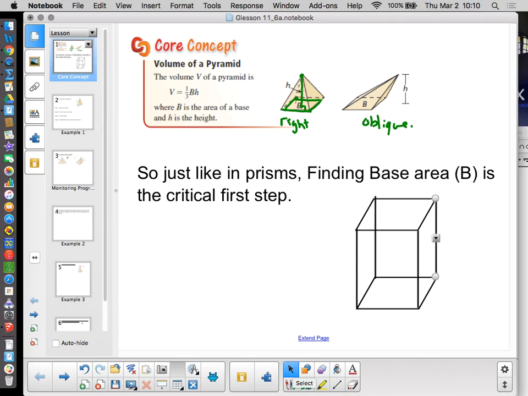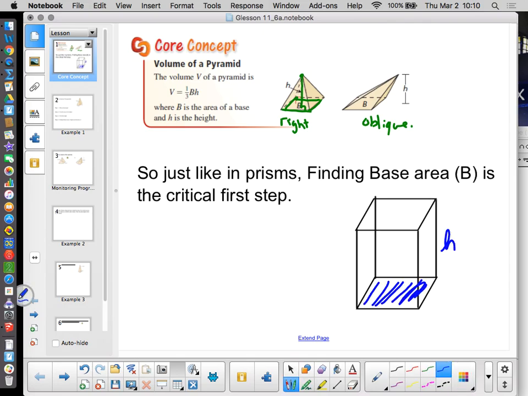Okay? I know the volume here. I've got two bases. I've got base area. I've got height. And the volume is base area times height, right? Put that in a different color. Call that base area. If I turn it into a pyramid,